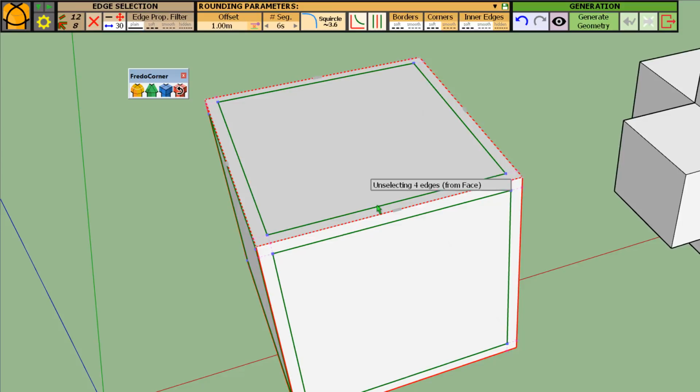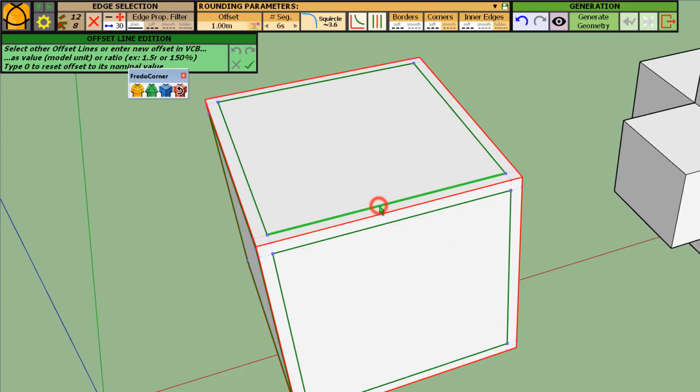Now, if you hover an offset line, you see that it is highlighted, and if you click, you enter the offset line edition mode. In this editor, you can select other offset lines or a chain, for example, of offset lines by double clicking. You can also select somewhere else.